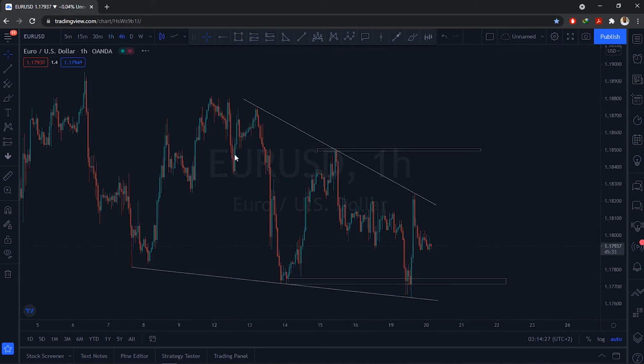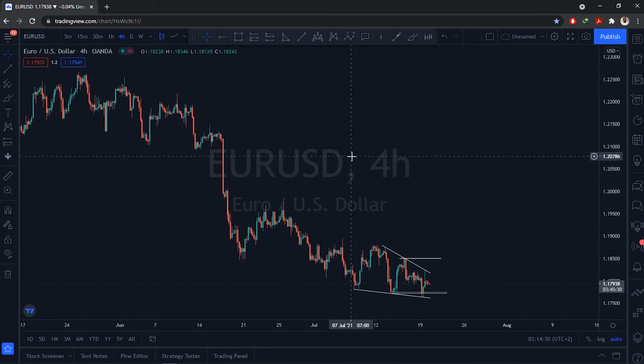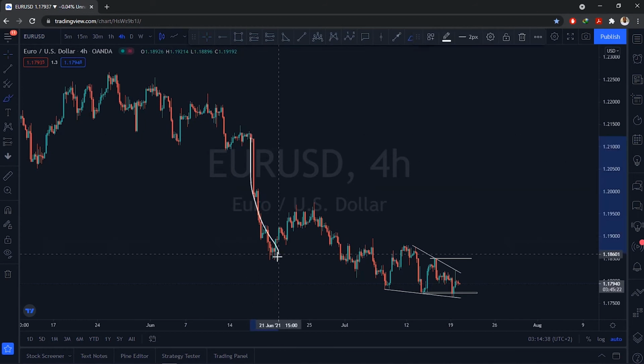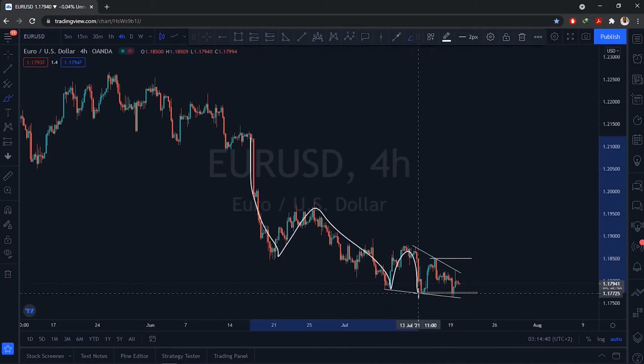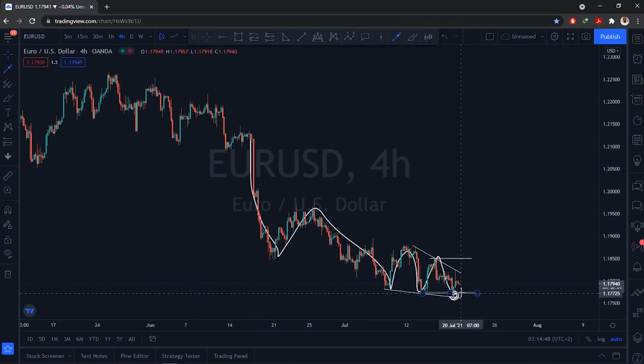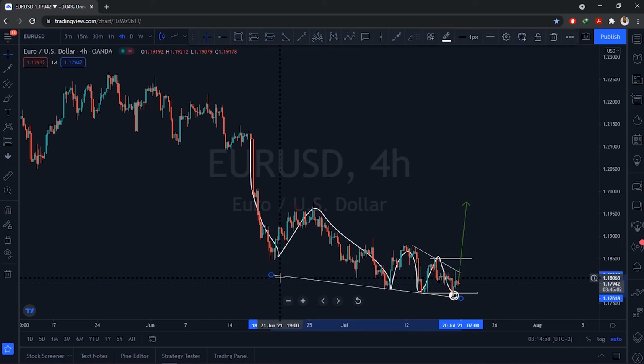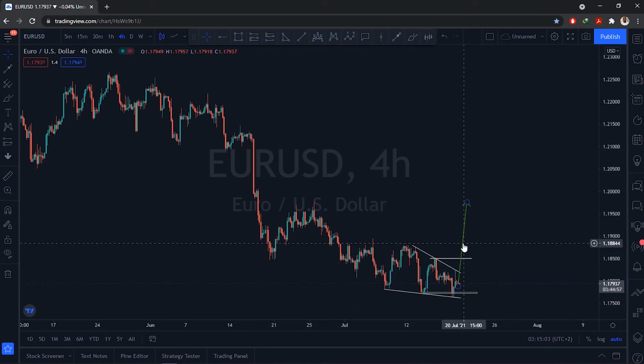So now we're going to start off with the analysis and I'm going to explain what we're anticipating for EURUSD. As you can see here on a 4-hour time frame, EURUSD had an impulse to the downside, and then it started to make the correction. So we know that in every correction, we're anticipating that the market is going to reverse up until it gets to these areas, that is where the correction started, right? So for this week, we're anticipating ways to push the market into the upside